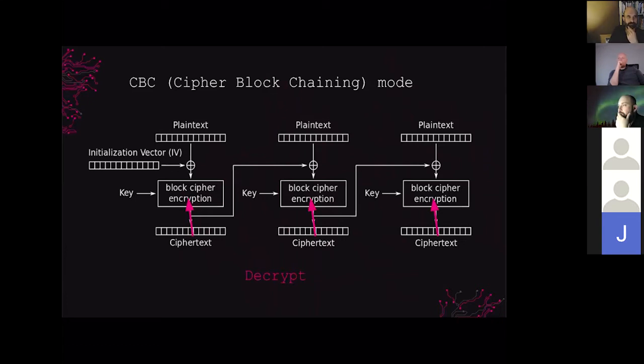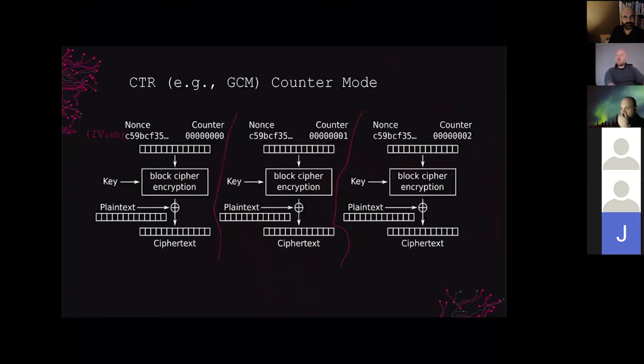The one downside of this, of course, is that if you want to decrypt a subset of the data in the middle, you would have to run the whole chain of decryption across a large data set in order to get to the value in the state that would allow you to decrypt a certain block. Hopefully that makes sense, but that's the property this chain has: it's encrypted pretty quickly and decrypted out of sync is a little bit harder. And actually, if I explain counter mode here, you can see the benefit of doing this process a little bit differently. So with counter mode encryption with a block cipher,